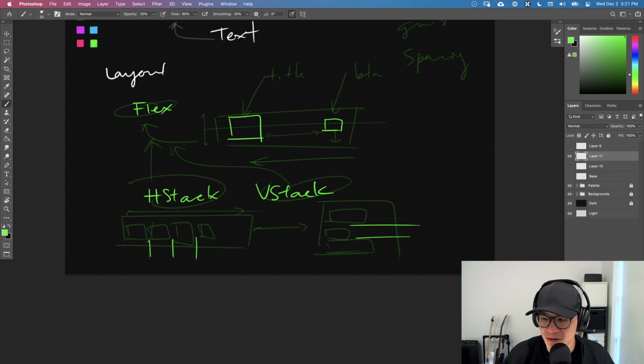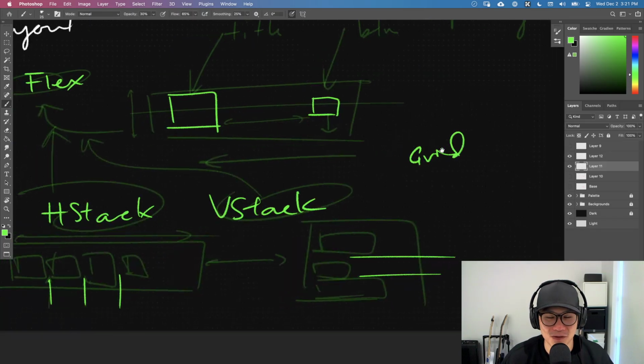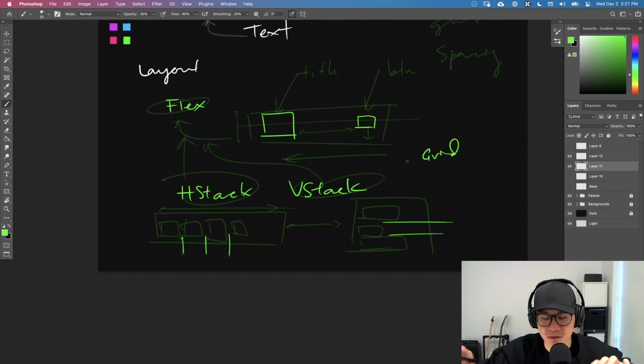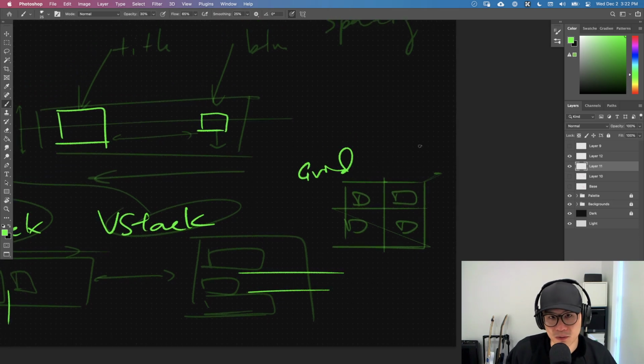And the last kind of important layout component is Grid. The reason why I didn't group Grid with Flex is because this one uses CSS grid, so it's not using that flexbox model. It's using the grid model to align things to a grid that you can customize and define on the fly to snap things into. So I can snap a UI bit here, and there, and there. And of course, you can customize however many rows or columns you want. And you can even adjust them